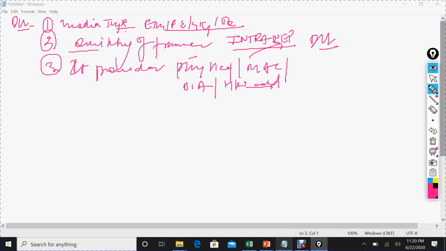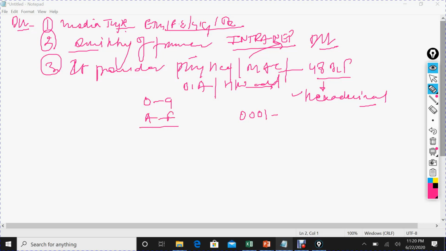I just want to explain a brief introduction about MAC address. A MAC address is 48 bit, and we use hexadecimal to define any MAC address. Let's take an example, 0001A. I'm assuming that you are fully aware of hexadecimal. Like you are using the decimal format, and you are also using A to F. A is equal to 10, B equals 11, C equals 12, D equals 13, E equals 14, and F equals 15. So it uses the hexadecimal format.